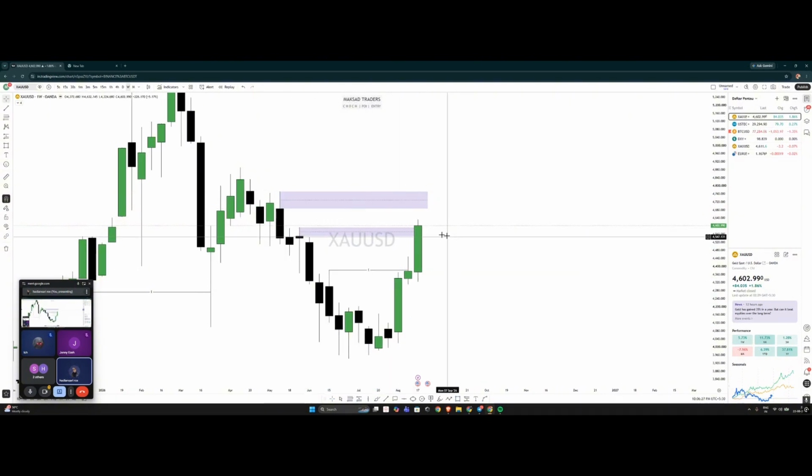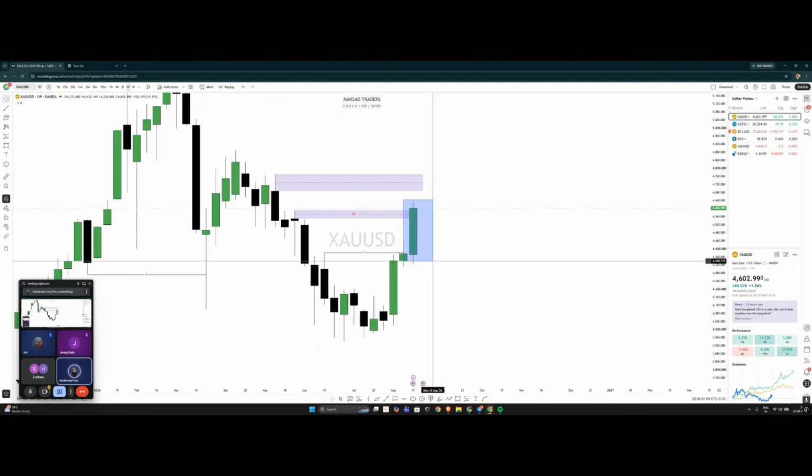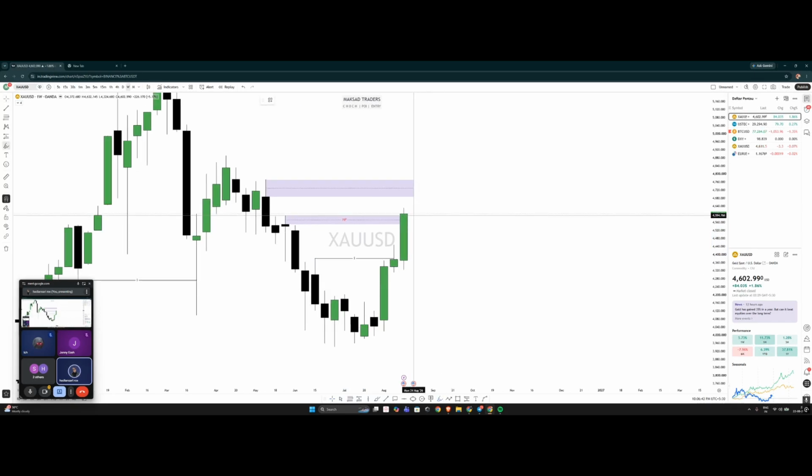So this is not something that I'm looking for, but this one is the main one for me because after the inducement, we look for the POI. So we have the hidden POI here. Now, the candle, the way it closed, seems like it will just retrace and it will move more bullish. So this is what I'm assuming. Maybe on lower time frame, things will be different.